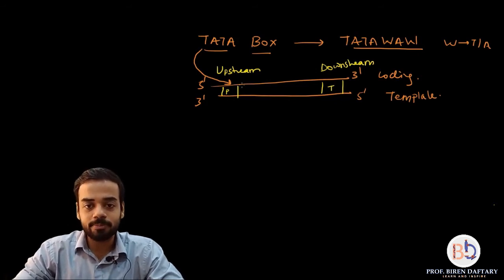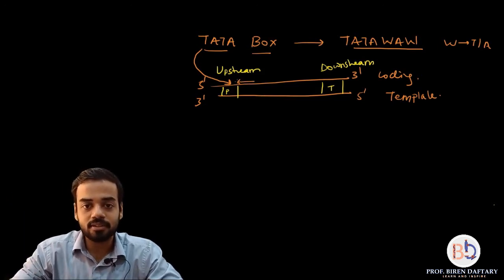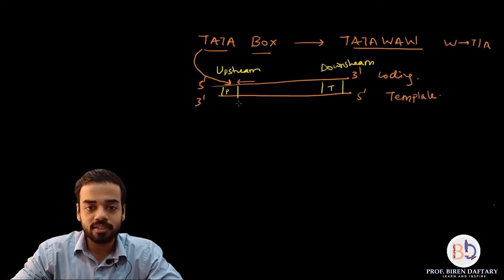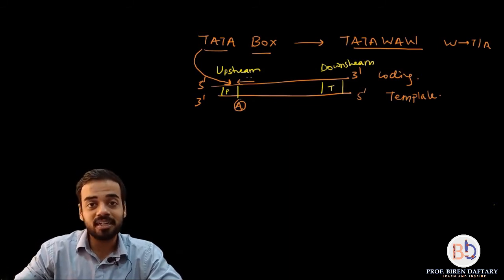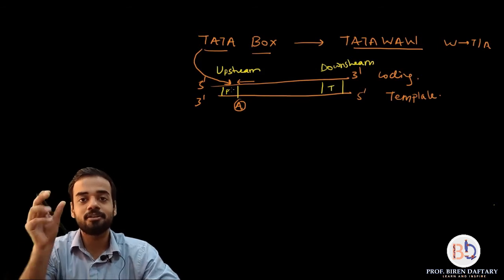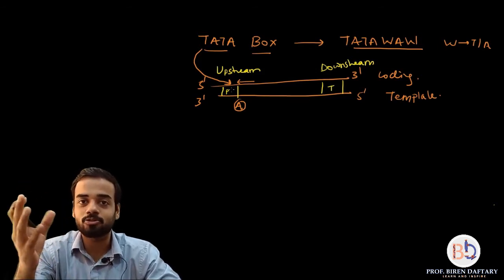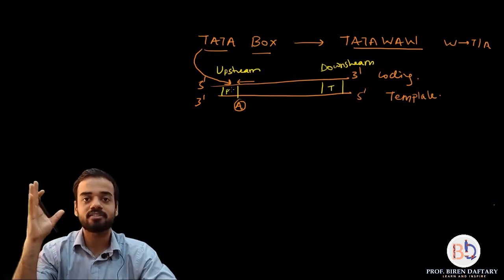The transcription basically starts from this point, right? After the promoter, the structural genes are present and the transcription starts from here. Let us label this point as A. The TATA box is present approximately 30 nucleotides behind this A. If I start counting the nucleotides from this A backwards, then the 30th nucleotide will be exactly the position of your TATA box. So it is present at minus 30 nucleotides from the start of the transcription unit.